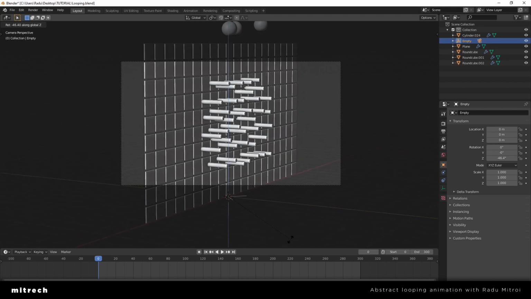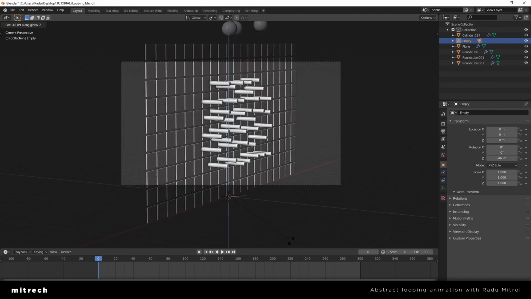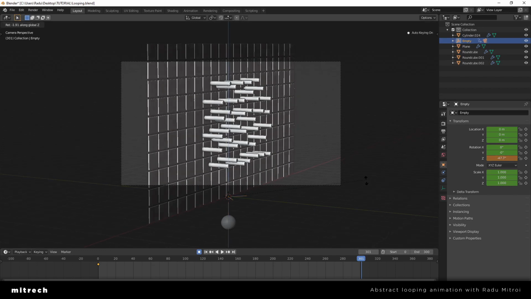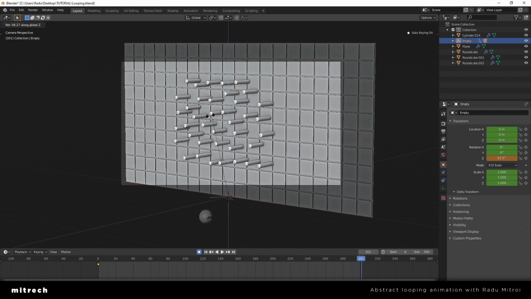So maybe something like this. And I'm going to enable auto keying. I'm going to press R and then just click so I can set a keyframe right here. I'm going to go to the end of my timeline, press right arrow to go one frame next. So I'm on 301, and I'm just going to rotate my camera